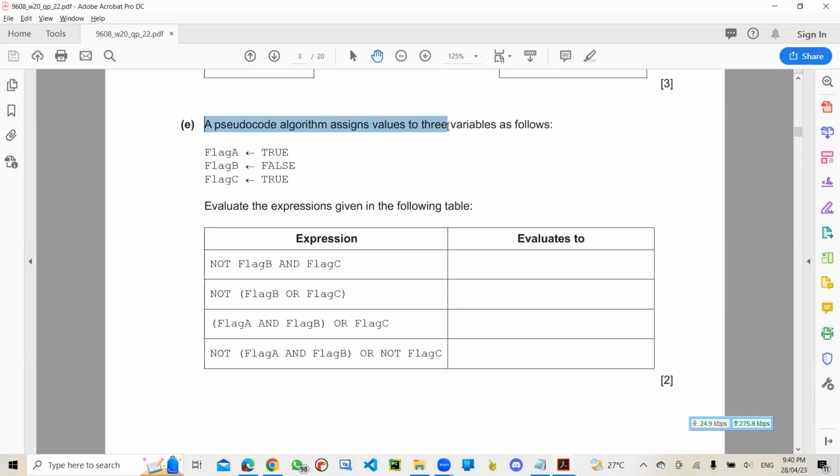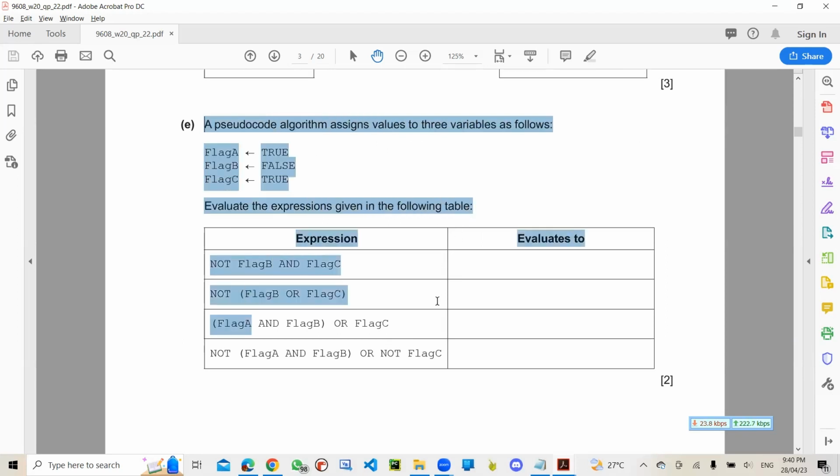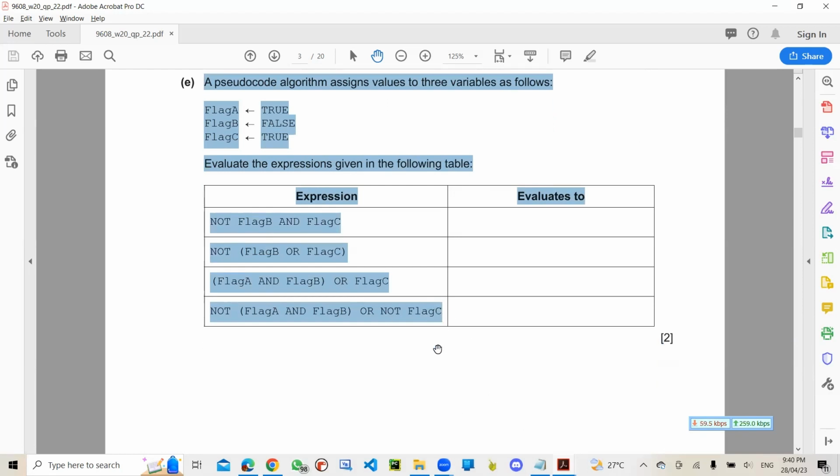A pseudocode algorithm assigns values to 3 variables as follows. Evaluate the expressions given in the following table. The expressions are these, and we have to answer those. Now let's evaluate one each time, one in every go. So this is NOT flag B. Flag B is false, so it has become true. And flag C is true. So true and true